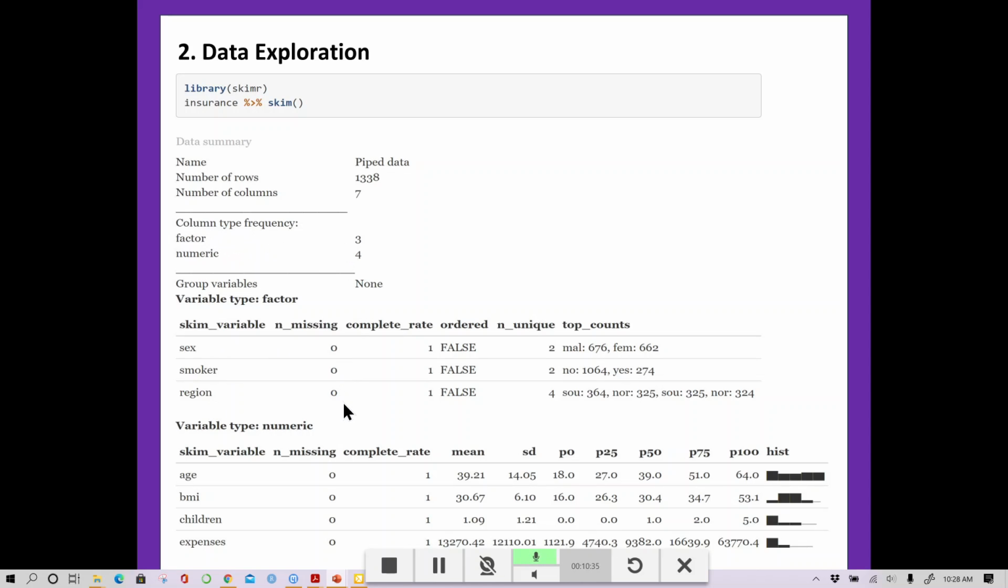And from our initial exploration, we can see that no data points are missing. Yay, that's a great one. And so we also have the complete rate, and for the factor variables or categorical variables, none of them are ordered. In this case, you have sex. There are 2 levels, male and female, 2 different values. They're about evenly distributed. And for the numeric variables, we have age, BMI, children, and expenses, where expenses is the